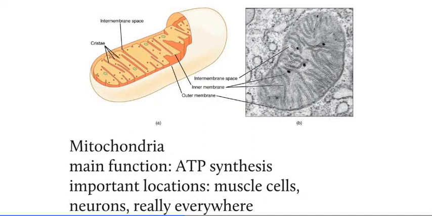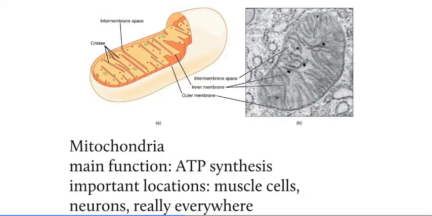They take carbohydrates primarily, although lipids and amino acids can work into the system too, break them down and harvest energy out of them in the form mostly of electrons that's then used to produce the energy-rich molecule ATP. The process of taking the electrons and making ATP goes through a process called the electron transport chain, which is a series of proteins embedded in the inner membrane which